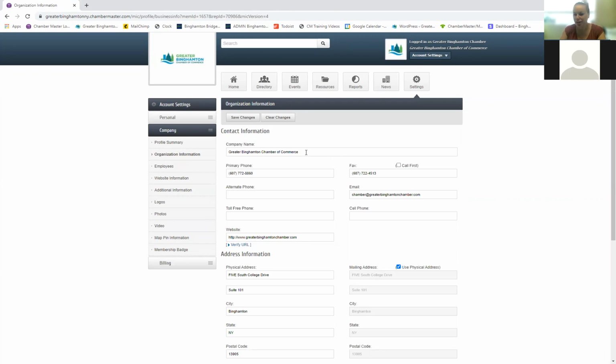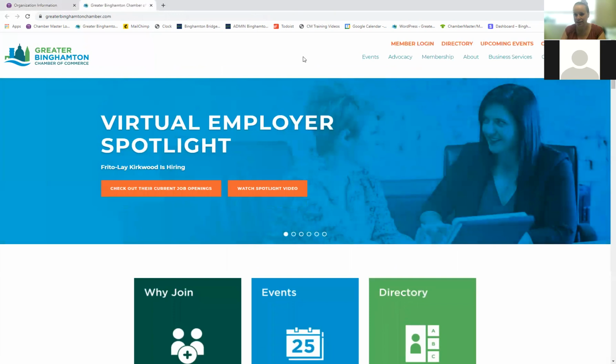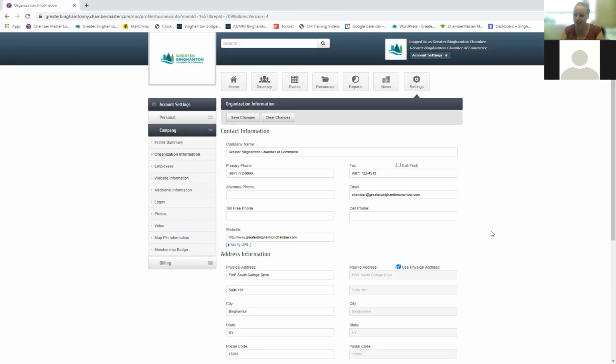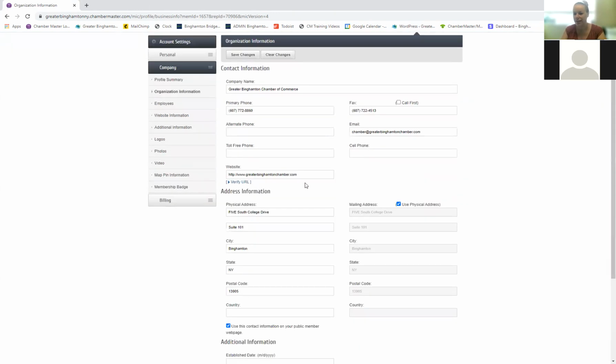So here's where you can update your company name, phone number, fax number, email address. If you want to add in alternative phones, or if you have a 1-800 number for your company, you could add that in here. Your website, and you can verify. You can just click on this little link and it'll take you to make sure that that link is correct, not broken. Sometimes I find that and I'll update it for people,